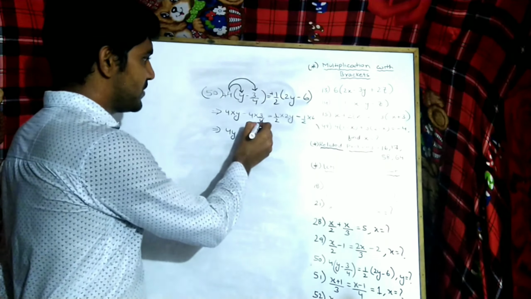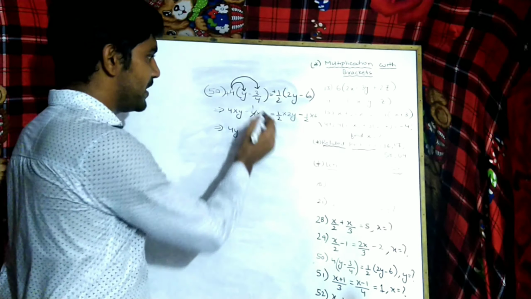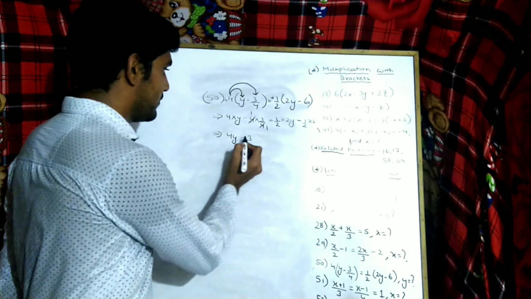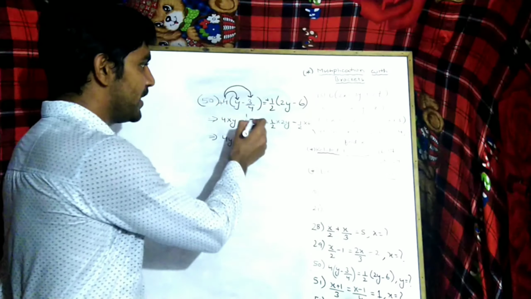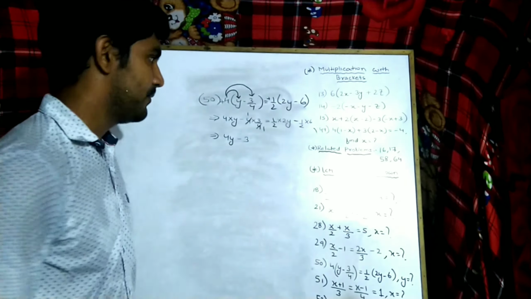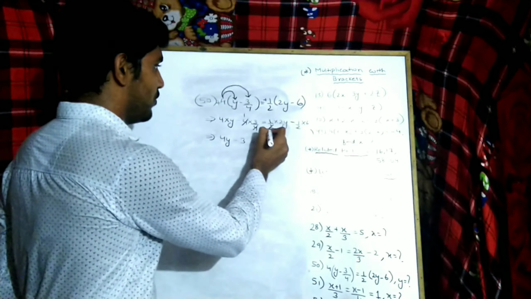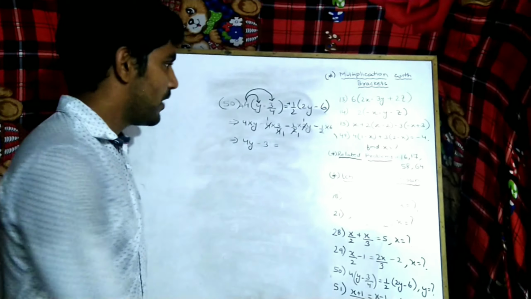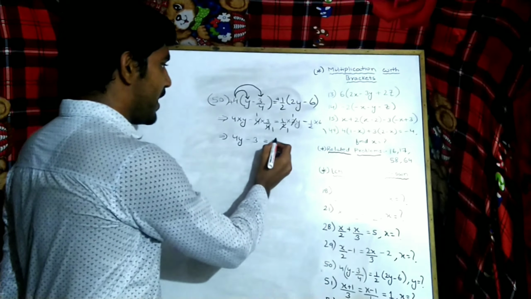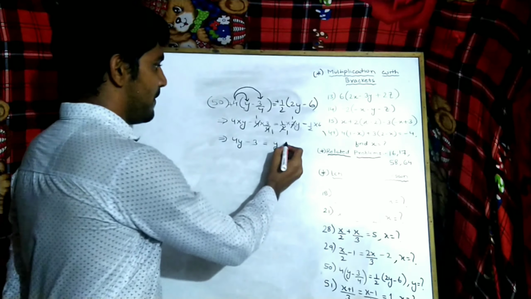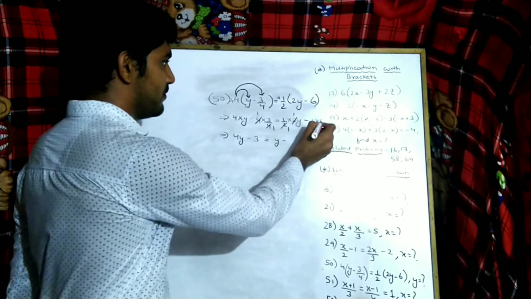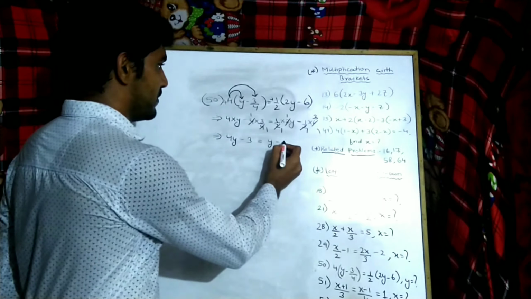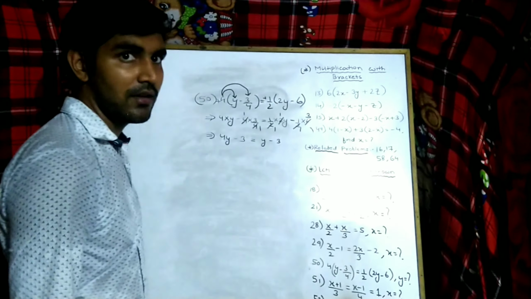Now can I cancel this one time, because these are multiply only, na? So can I say minus 3? Only minus 3 is left now, because 1 into 3 will be 3 is equal to 1 time. Can I cut this 1 time? Okay, so 1 into y, tell me y only, minus this 1 time, this is 3 times. Okay, so it comes 3, because 1 into 3, 3.